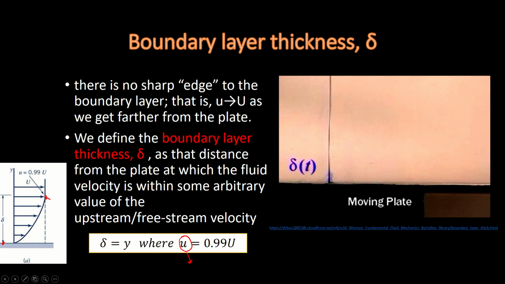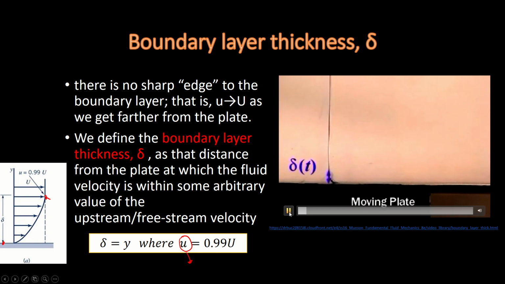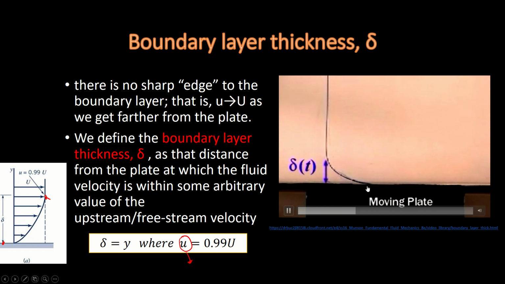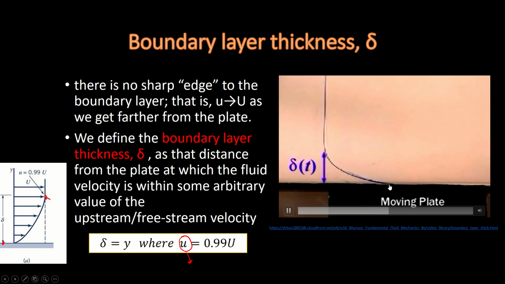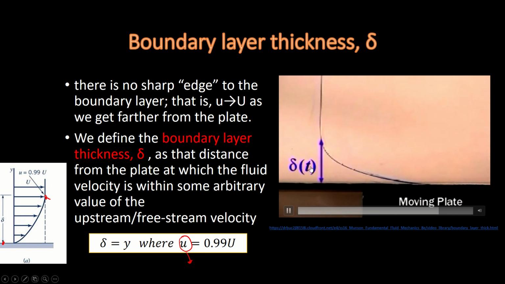So let's watch this video in order to get insight into what the boundary layer thickness is. Now the plate is moving. As the plate moves, the boundary layer is developed. Basically this is where velocity equals 0, and then it increases in size with respect to time.